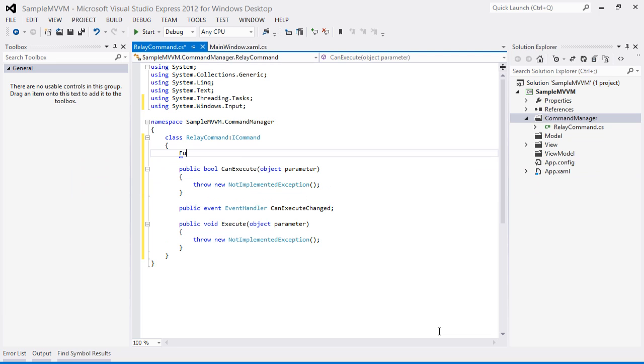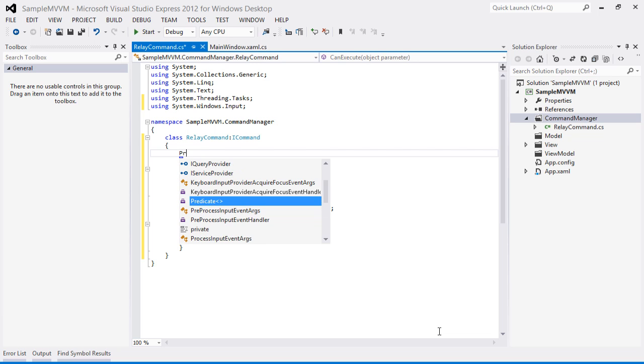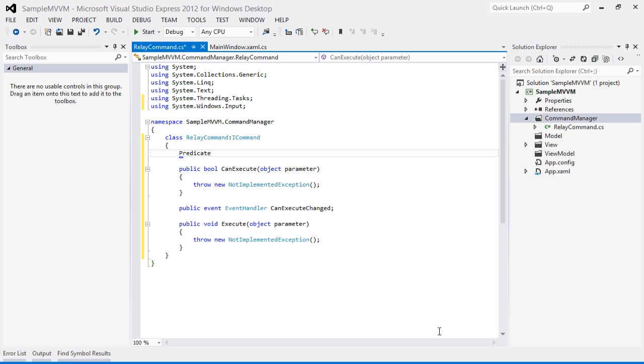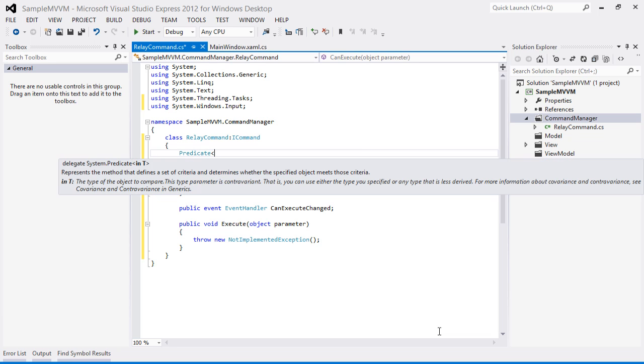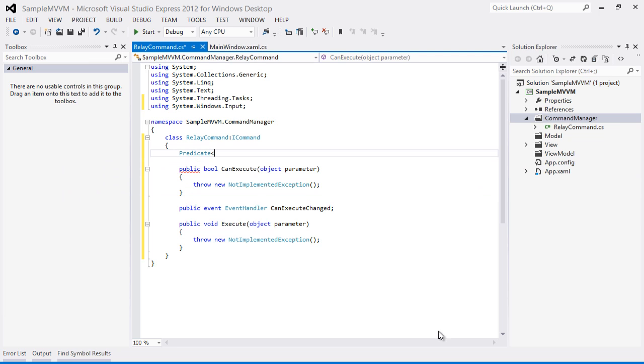I'm sorry, whenever it is returning a bool, it's a predicate, not a func. Here our input parameter is object, so I will just say object. Okay, and I will say underscore can